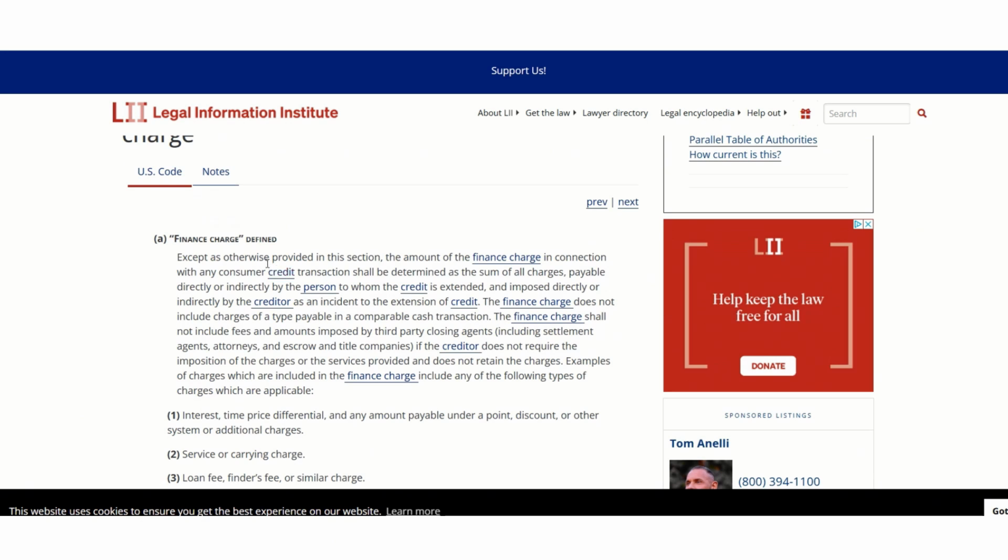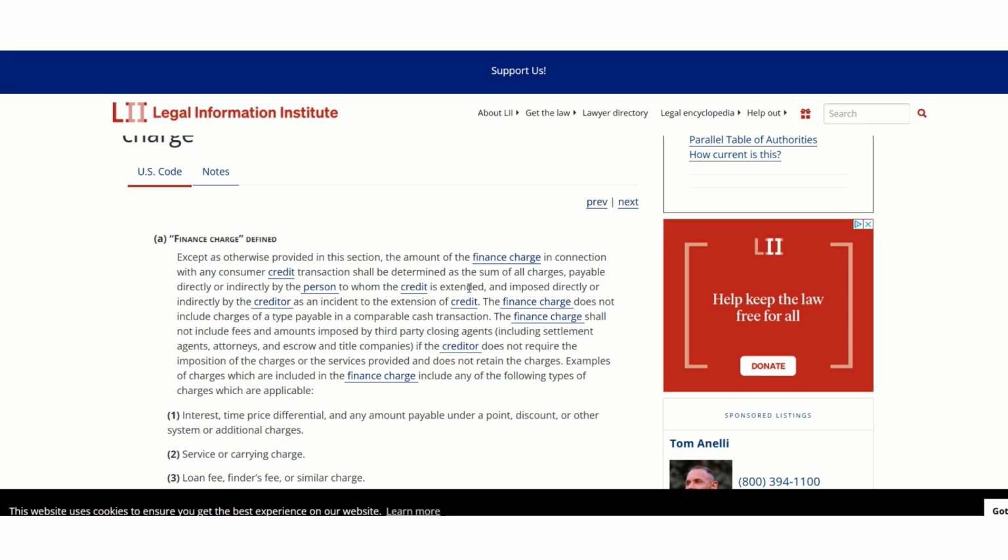Except as provided in the section, the amount of the finance charge in connection with any consumer credit transaction shall be determined as the sum of all charges. What does the sum mean? The sum means the total of all charges. So the finance charge should equal the total of all charges, payable directly or indirectly by the person to whom the credit is extended,